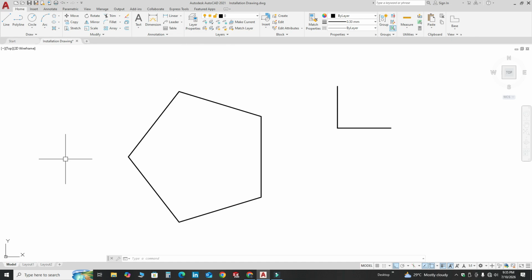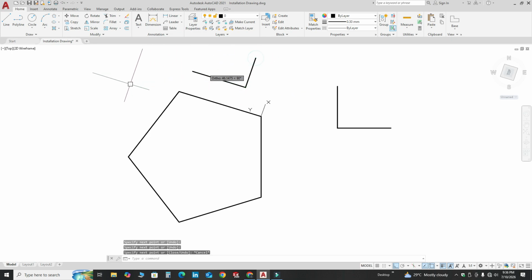So I will go to the origin, select this origin and move it over here. And I also have to match the coordinate system with this edge, so I will select this point and drag it over here. Okay. Now let's try to make some lines parallel to this one. Go to the line command and now I can create lines parallel to this one. I can also create lines perpendicular to this one. Now you can see the difference. This is the original UCS and this is the current UCS.